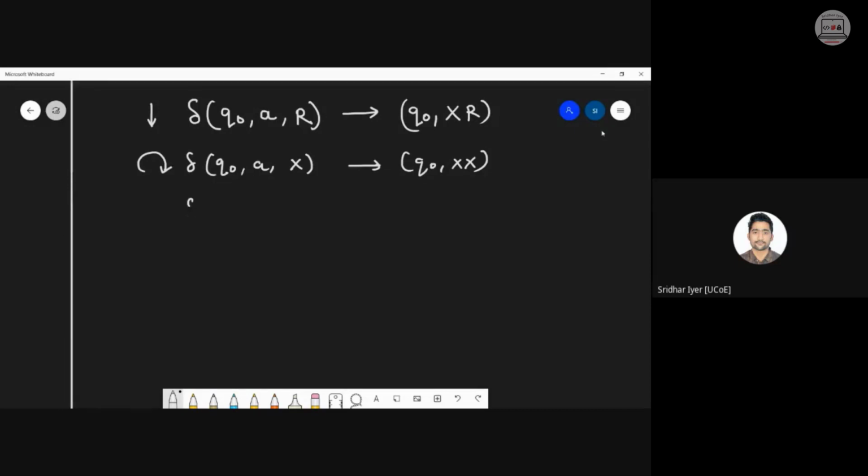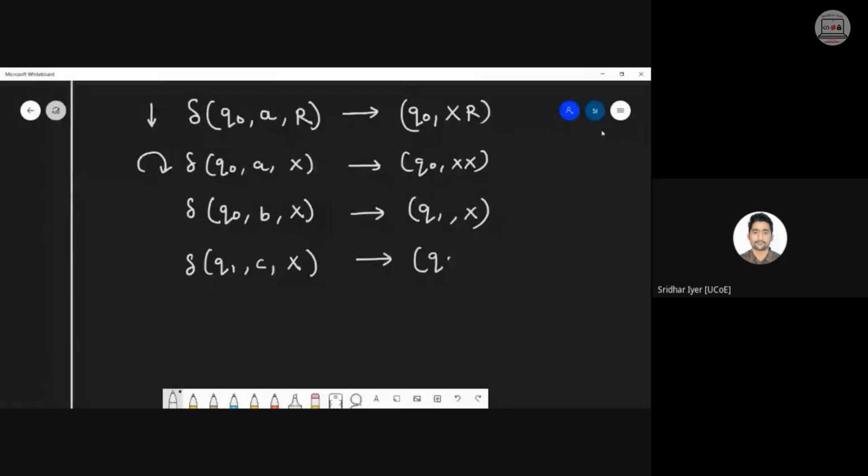Similarly, next up, now I'm going to start with B. I have read all the values of A. Now I should start accepting the B. First value of B on top of X, I know that I can't accept it. I simply need to change my state. Similarly, now in Q1, the next value should be C. The top will remain the same, that is X. And now I should make a transition to Q2 without any change in the stack.